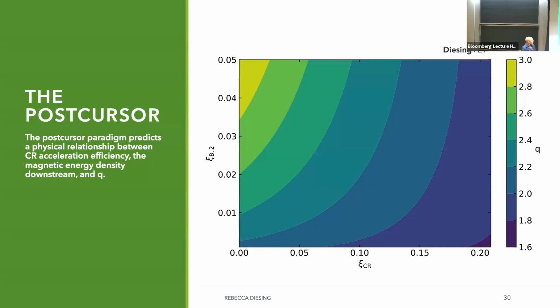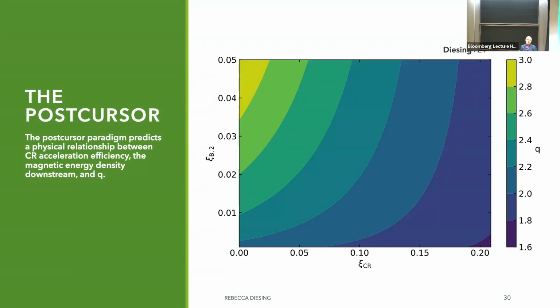So this is the magnetic pressure fraction, this is the cosmic ray pressure fraction, and then this is, in the color, the prediction for the slope that you should get based on when we solve for R. And so what you can see, if you believe that you have a 10% acceleration efficiency, you'll typically get spectra that are quite a bit steeper than E to the minus 2, somewhere in the 2.2, 2.4, or even higher, depending on what you do with your magnetic pressure fraction.